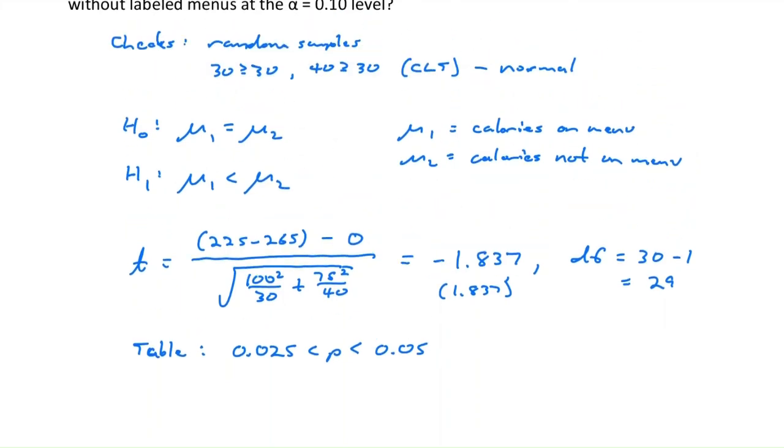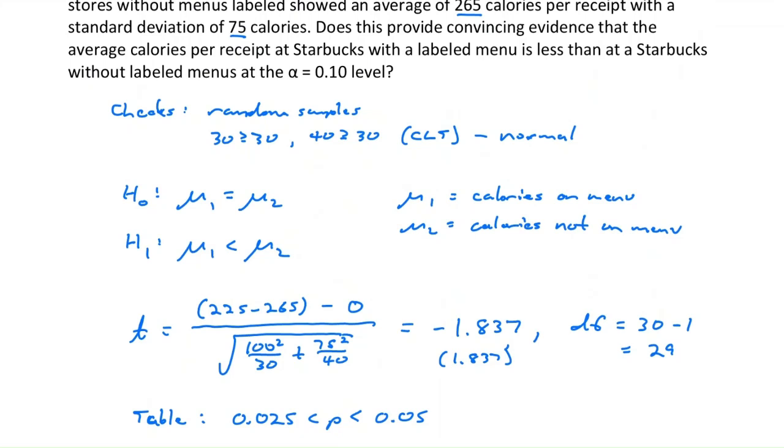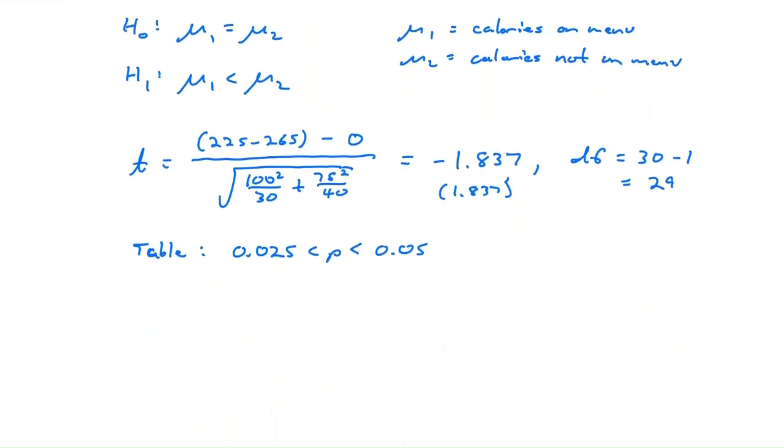Now remember, we are testing not against the 5% level, but in this case against the 10% level. So clearly we're less than that. Our p-value is less than the 10%. And so therefore we reject the null. All right. There is convincing evidence